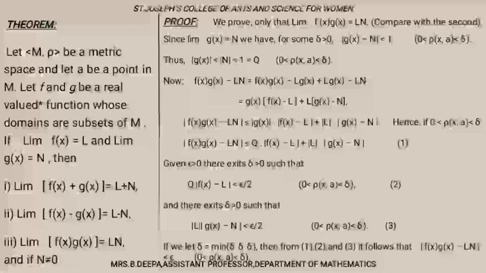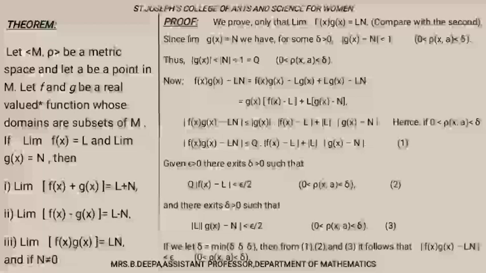In the first two terms, we are taking g of x outside. So g of x times f of x minus L, plus L times g of x minus n. Taking modulus on both sides, modulus of f of x g of x minus L n is less than or equal to modulus of g of x times modulus of f of x minus L, plus modulus of L times modulus of g of x minus n. Our aim is to find what these two values are. So modulus of f of x g of x minus L n is less than or equal to, we know that modulus of g of x is less than q, so q times modulus of f of x minus L plus modulus of L times modulus of g of x minus